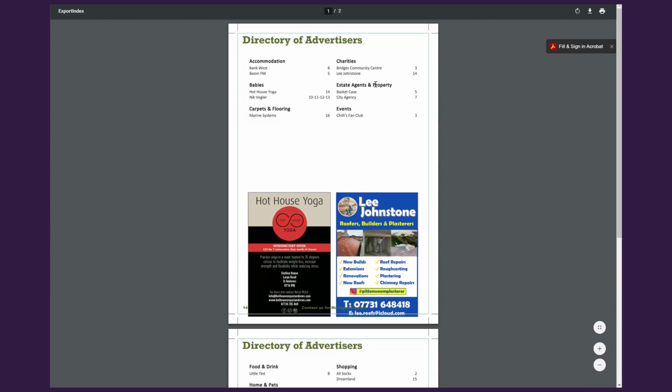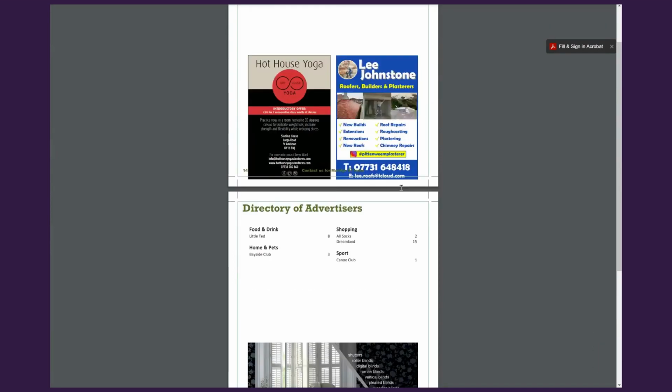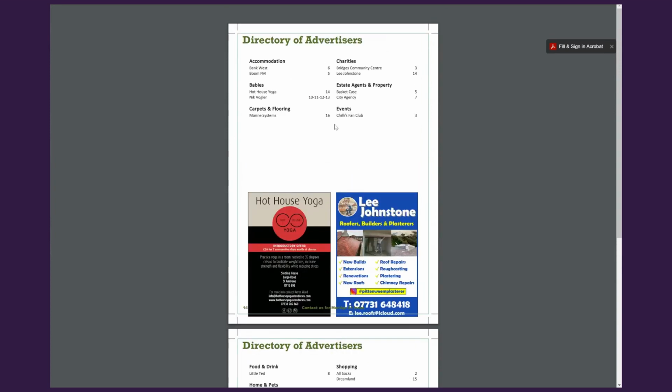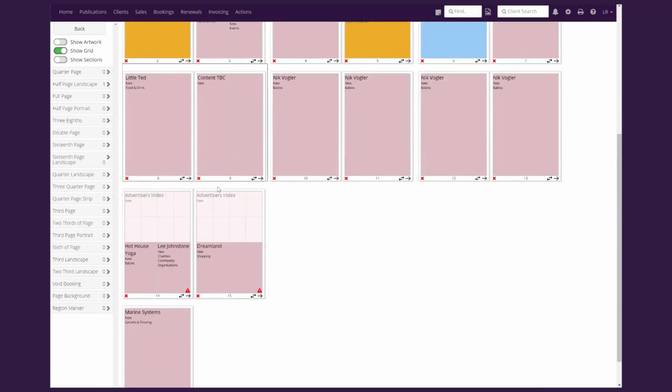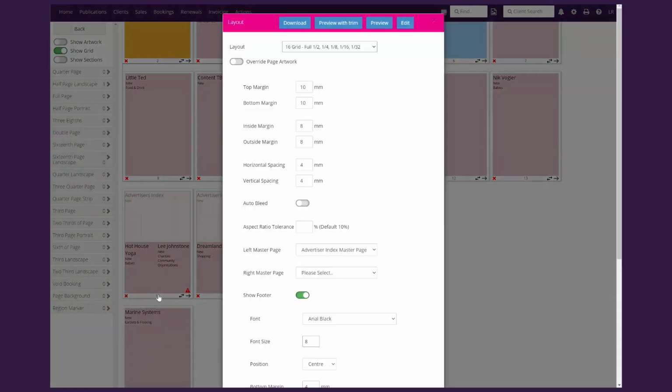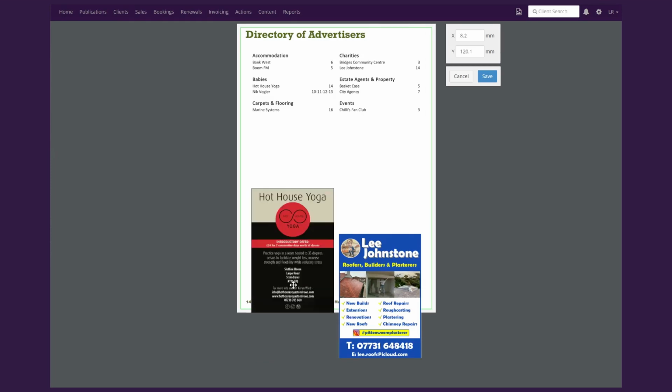Here we go. So you can see the first column obviously starts with accommodation, the second one with the charities, and on the second page we've got the food and drink, and the final column shopping. So you can see that the adverts are slightly out again, so we can fix that once we go on to the index, the flat plan again. So we can click on flat plan, hover over the page number and click on layout, and click on edit. You can see the adverts are lying off the page,